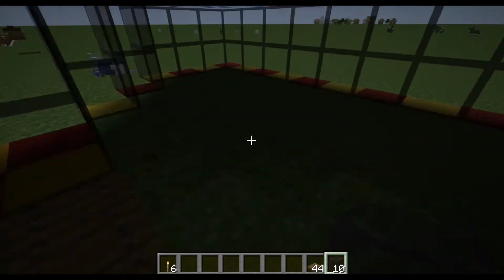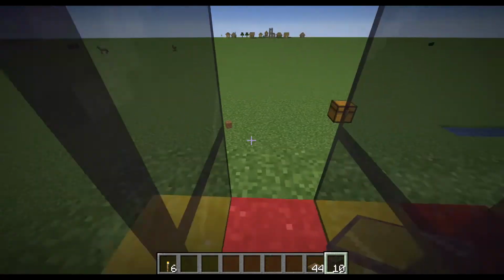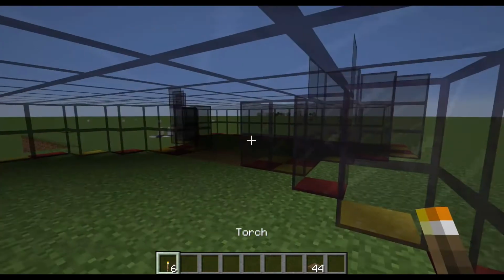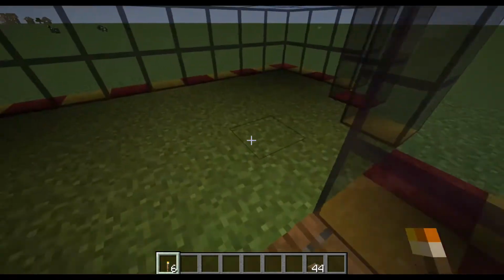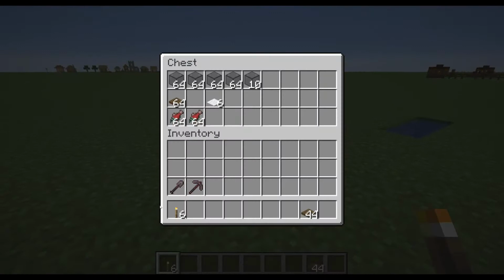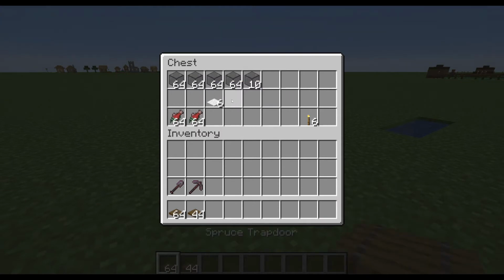Do you see how dark it got in here? So once you put the roof on, if you're doing this in survival, place some torches around so that way nothing spawns on you in here. And then grab your trapdoors, your carpet,